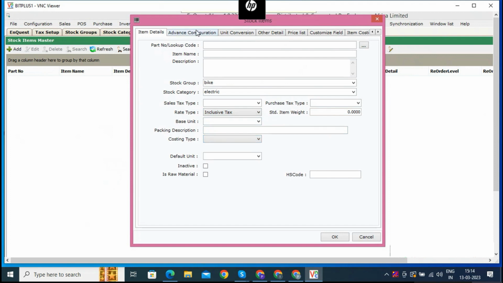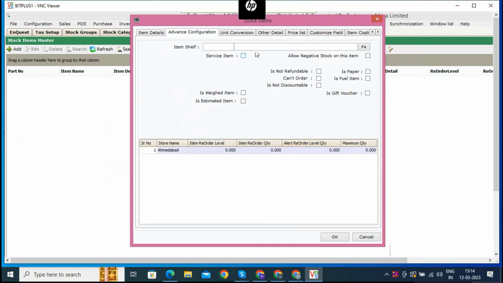Then in advanced configuration, we have many options, for example, on which shelf you have kept the item. It is generally for the small goods which can be kept in the rack, not for the big ones, but definitely for the small ones. Then whether it is refundable or not, and everything can be defined from here. Here you can add the stock reorder level quantity. The stock reorder level quantity is like certain